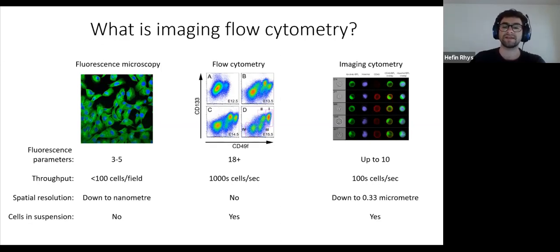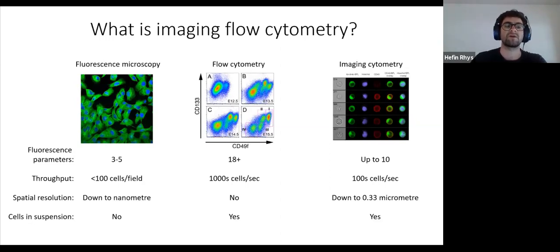So not only do we get information about the intensity of our fluorophores, we also get the spatial information as to where in the cell those fluorophores live. And so if we take a little comparison between microscopy, flow cytometry, and imaging cytometry,